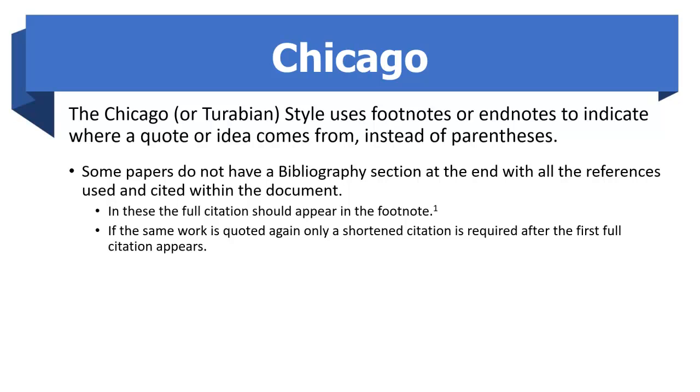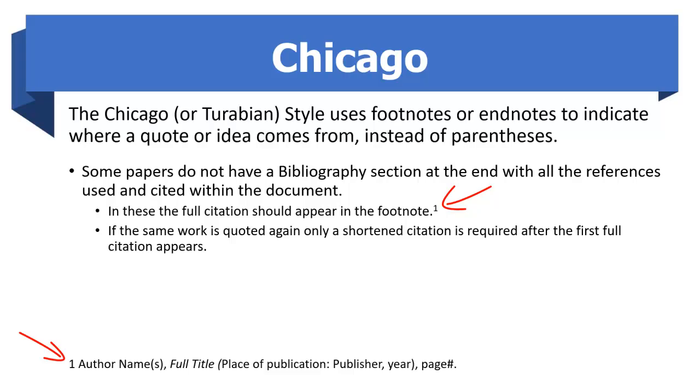Some papers do not have a bibliography section at the end, with all the references used and cited within the document. In these, the full citation should appear in the footnote. The superscript 1 following this sentence corresponds to the one at the bottom of the page. Here we see the representation of the citation that would follow. We have the author's names, comma, the full title in italics, a parenthesis with the place of publication, a colon, the publisher, comma, the year of publication, end parentheses, then a comma and the page number that quote was found